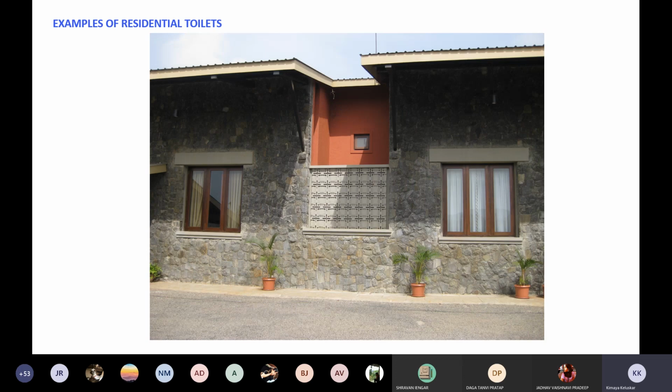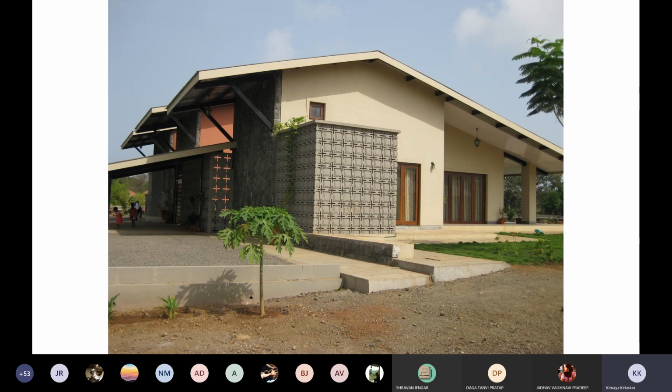These are the images that I've got to show you how we treat the toilets. What we have seen over the years is that whenever you design a toilet, there is this duct that comes next to it. Now there are different ways of treating those ducts in case you have to. What I'm showing you from the outside is the outdoor shower area which is created. This is another outdoor shower area that has been created.